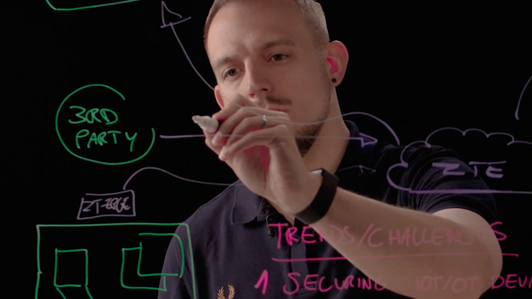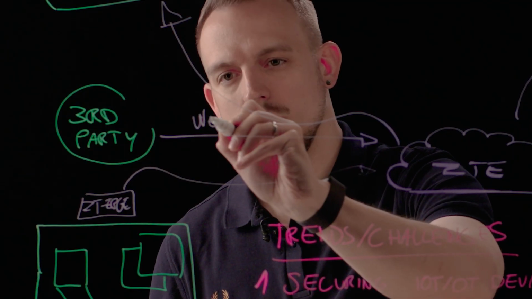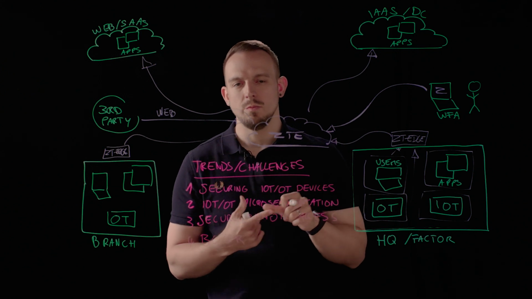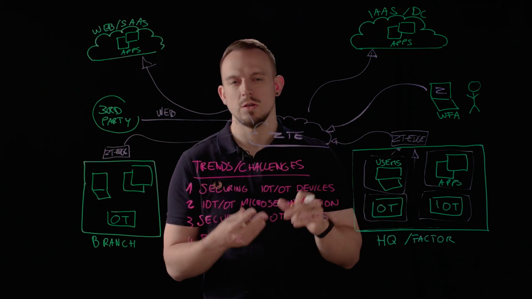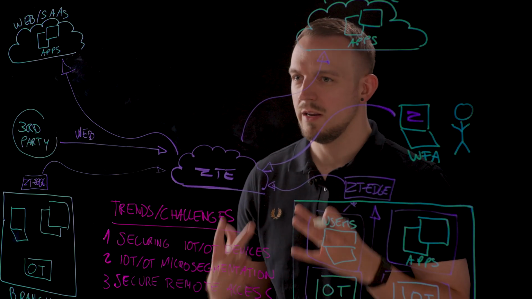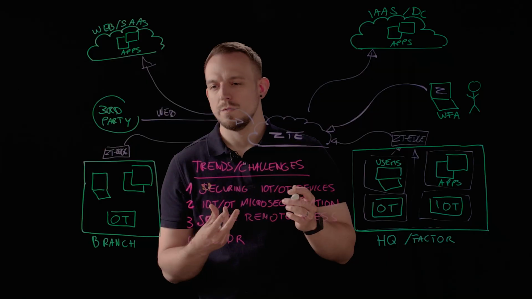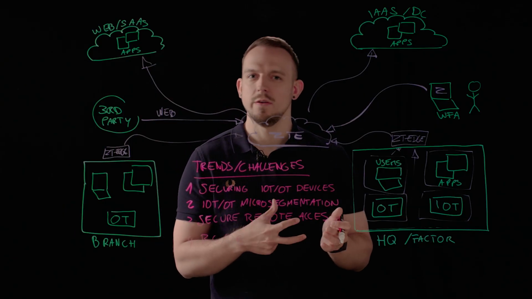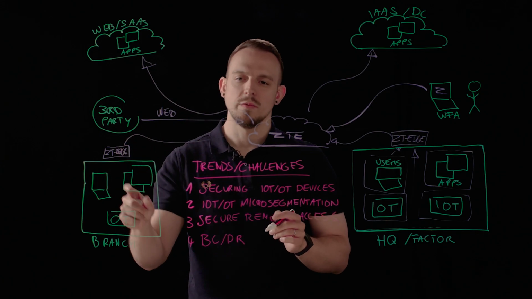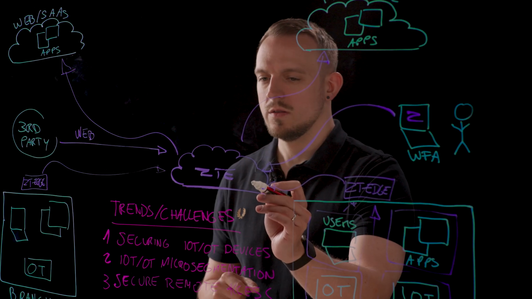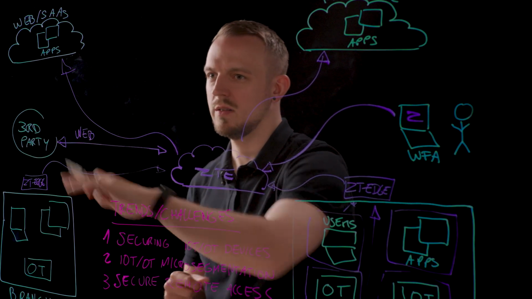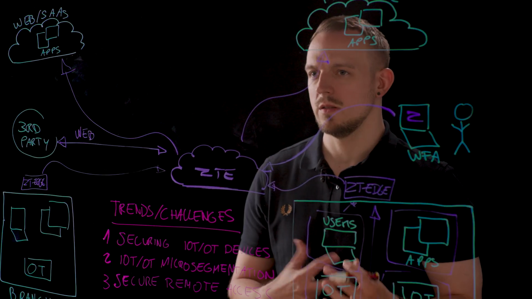So the first way to do it is either through the web browser. So if you have web applications or RDP or SSH or VNC connections, you can just deliver that to a third party through the browser without them having to set up anything. If there are protocols that cannot be delivered through the browser, it's also possible to spin up VPN connections from the third parties to the Zero Trust Exchange, then only enable granular access, or also create outbound connections to the third parties in case you're consuming a service that is hosted by them.